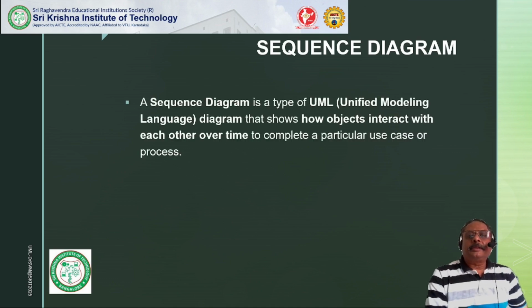A sequence diagram is a type of UML diagram that shows how objects interact with each other over time. So they interact with each other, and over time. So here time is also considered to complete a particular use case or a process. So we have a use case, and for completing that use case, different interactions take place among the various components of the system. What interactions take place and in what time sequence they occur will be shown by the